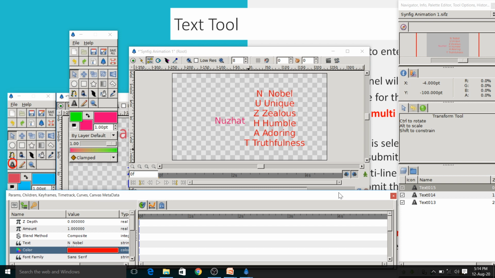Here I give one homework to you. You have to write a word that suits your personality and that should be contained in the alphabet of your name. You have to write that thing like this, and you have to do it in Synfig Studio using the multi-line text editor, and then you have to post your answer in the comment section of this video lecture. Just for fun we are doing this. So this is your homework now.